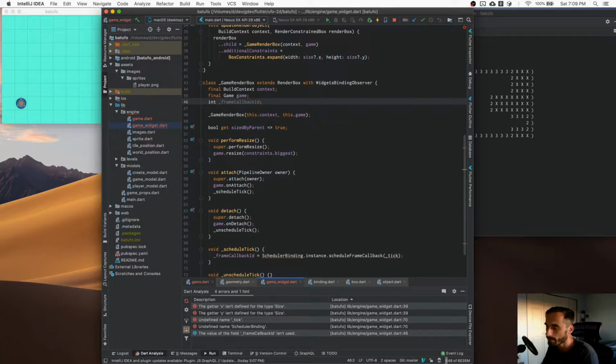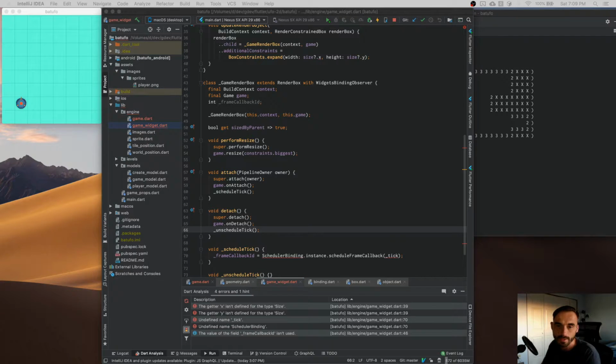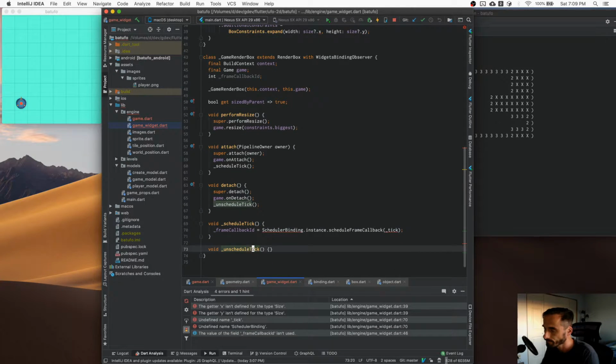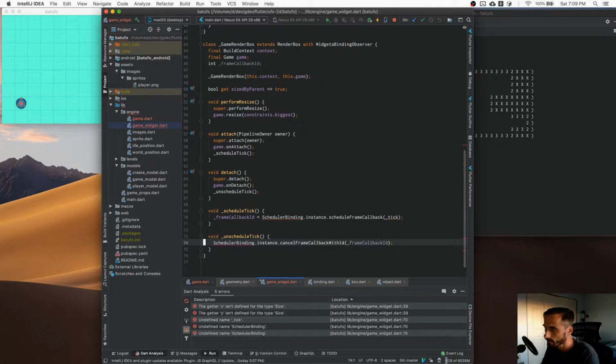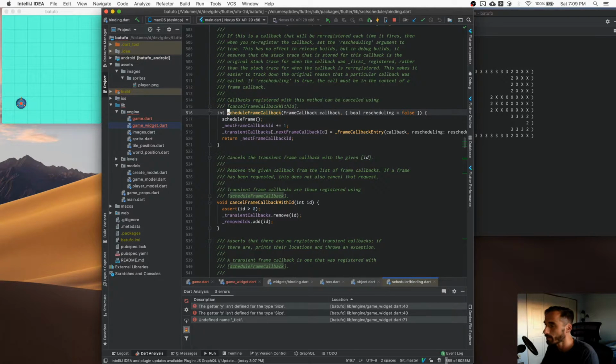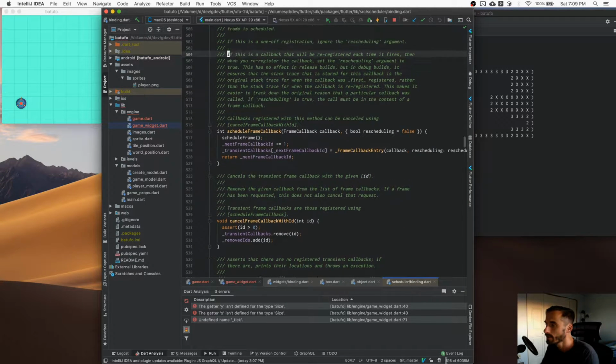So we got the frame callback ID. We assign that, and we basically only use that in the unscheduled tick, where we basically just do this. Okay, so let's import this. So the scheduler, so now we can actually look at what this actually does. We schedule a frame callback here, right? So scheduleFrameCallback. Basically what it does, it says that